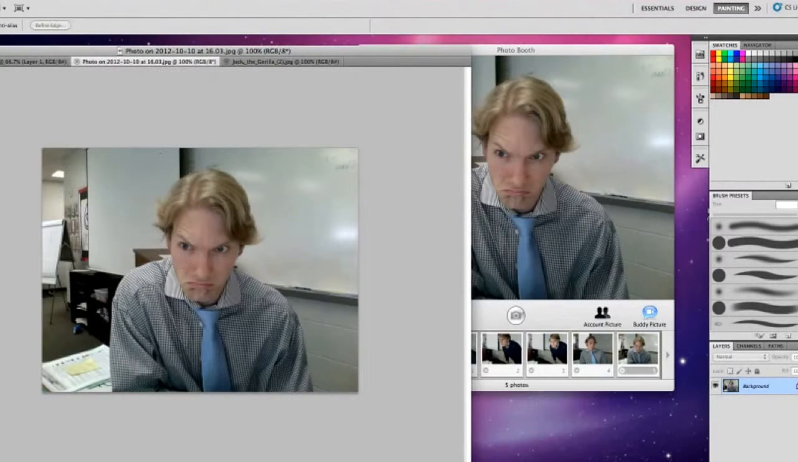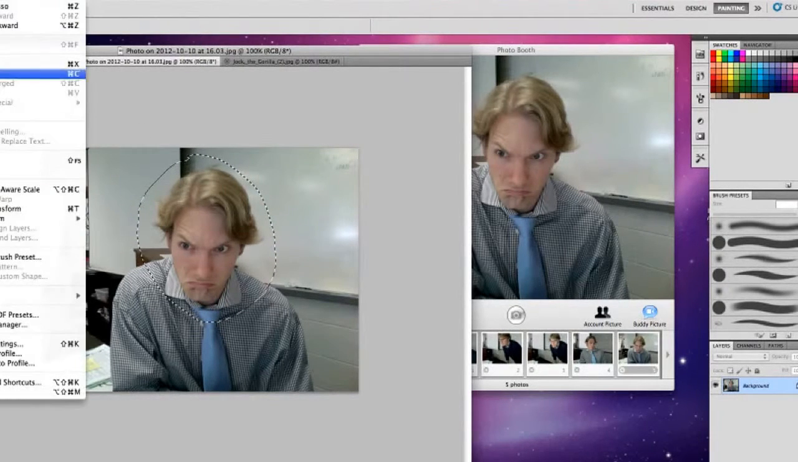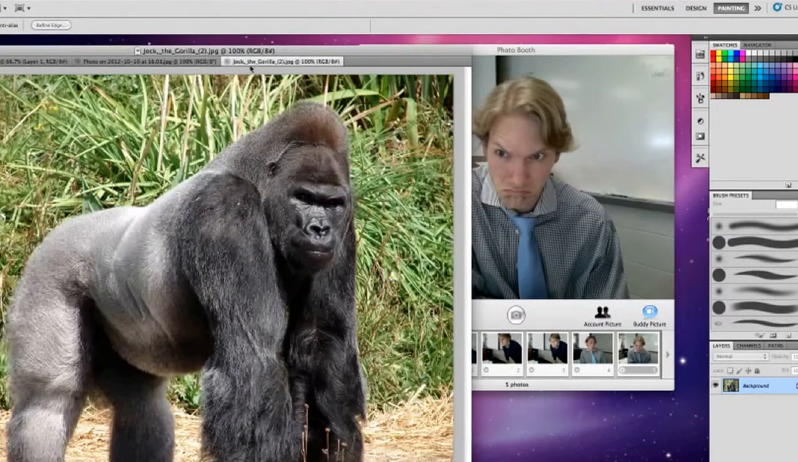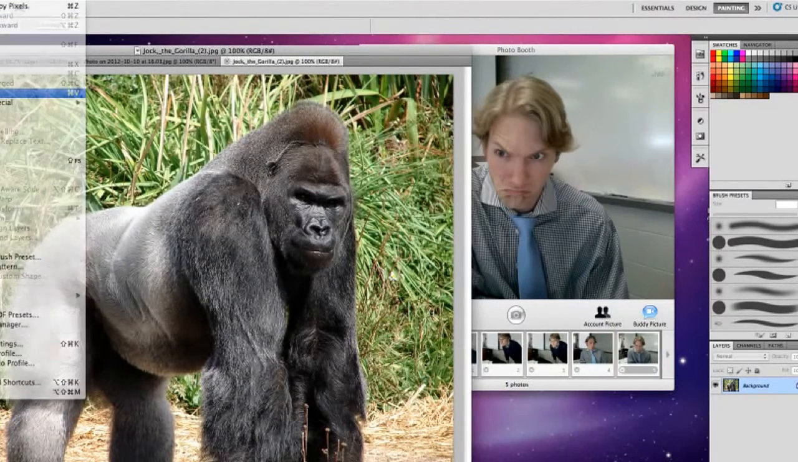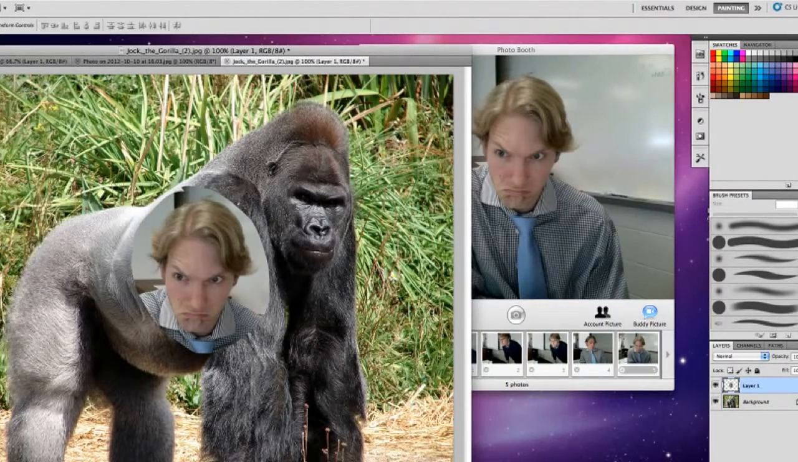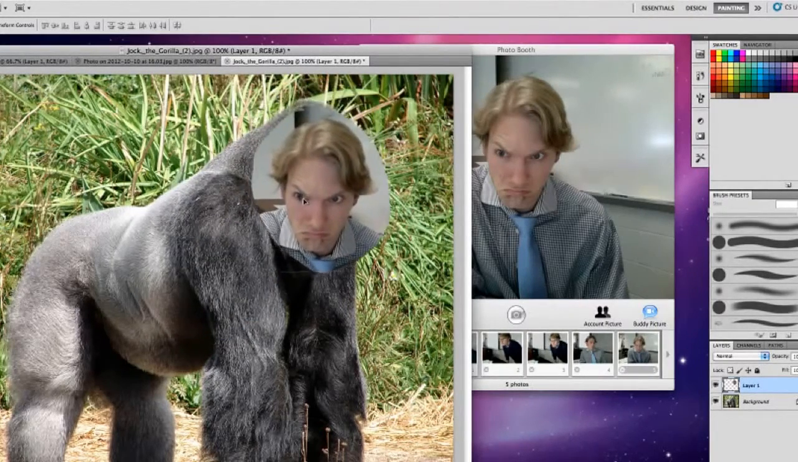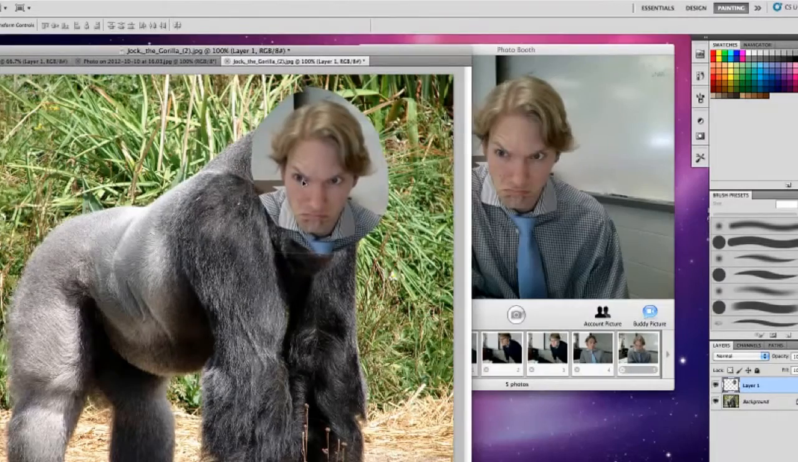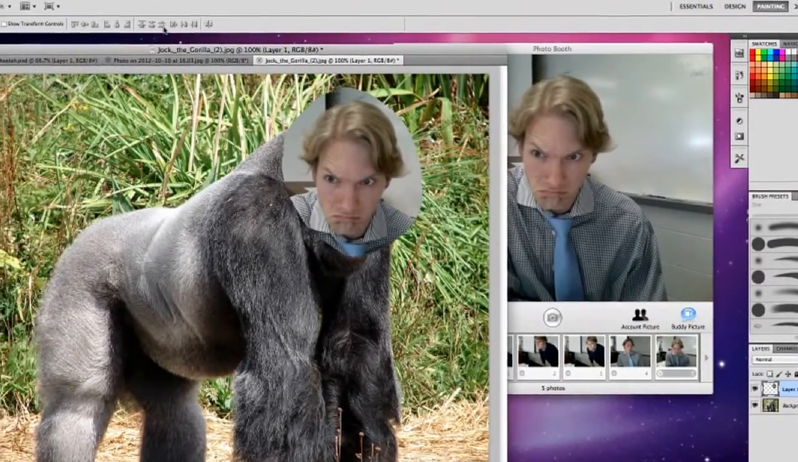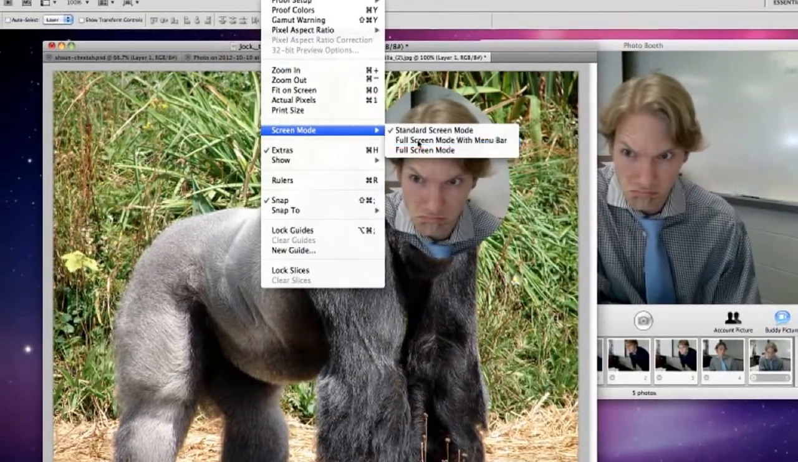Basically, I just want this face, so I'm going to use the lasso tool. You can also use the polygon lasso tool if you just want to click, click, click. But this is for dragging. So I'm going to click and drag with the lasso tool. Then I'm going to go to Edit, Copy, back over here, and Edit, Paste. Go to the Move tool, and I'm going to put myself here, somewhere around here. Now I'm going to go back to full screen,